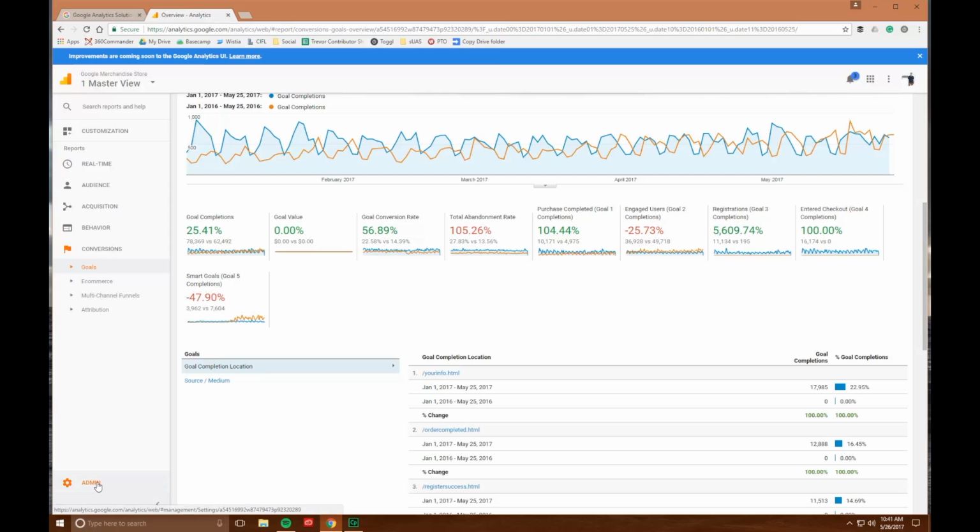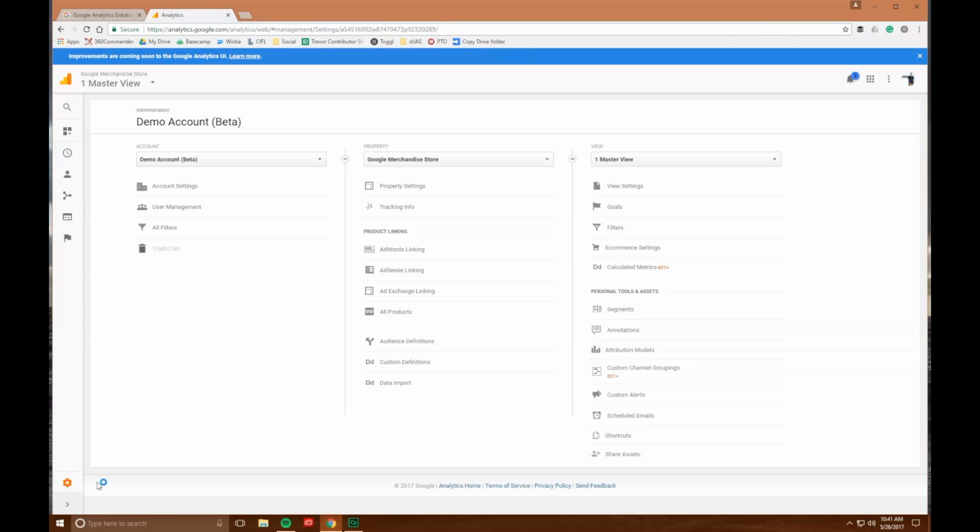Lastly, we didn't really talk about this as one of the things, but the admin panel, this is where you can give people more access, like user management. And let's say that you had multiple different properties. You have, let's say, a website and then an e-commerce site. You can add different properties. If there was more than one, it would show right here. That way you can have one Google Analytics account and multiple websites. Let's say you have a mobile app or other things, they can live inside of this.